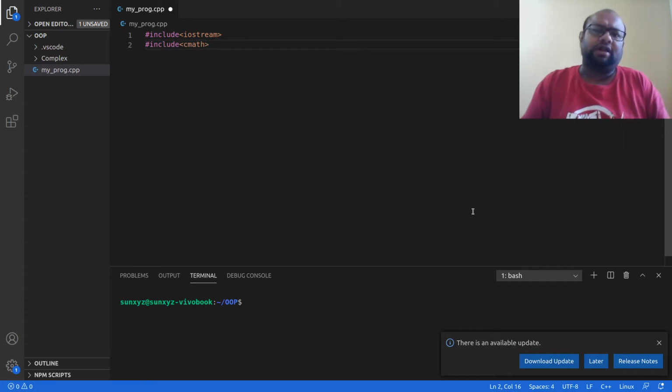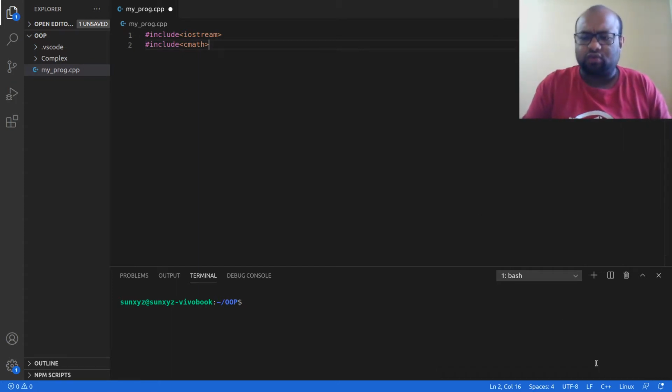Now the other thing that I want to point out about cmath is that all of these functions, and there are a few constant global variables as well, for example, the value of pi, are made available to us inside this namespace std.